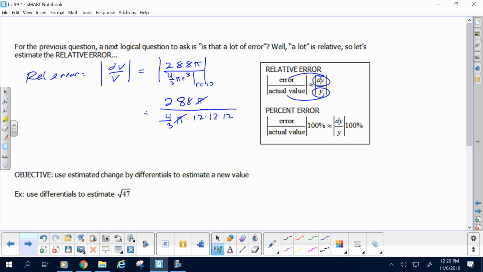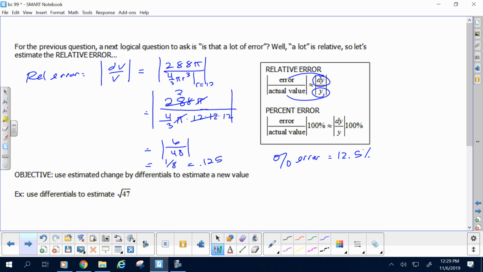Let's do a little cleanup. Wouldn't you say that 12 and 12 is 144 and goes into 288 two times? I feel like I'm kind of making a mess of this. Isn't that 6 over 48? Did I make a mistake? Are we good? I'm kind of all over the place canceling, but 1/8 or 0.125 is the relative error. And then the percent error then is, obviously,